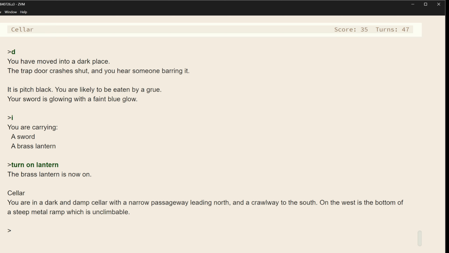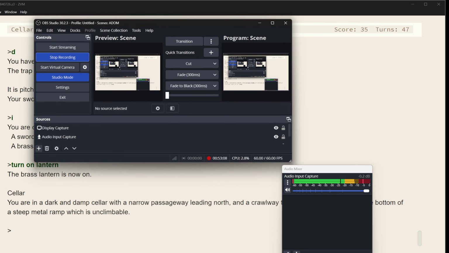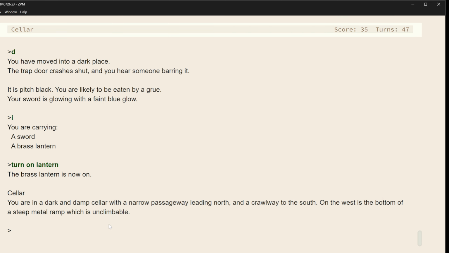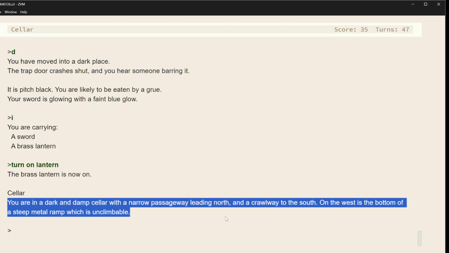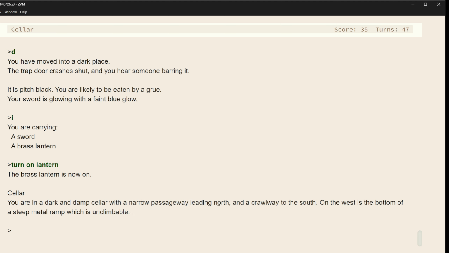Okay, so I think that's probably enough for this session. Yeah, this is a good stopping place. But just to continue what we've been saying, we once again have a room description, we have actionable things. Directions are actionable, right? Those are places we can explore. We also have this steep metal ramp, which is intriguing, so we'll look at that next time, see what it's about.